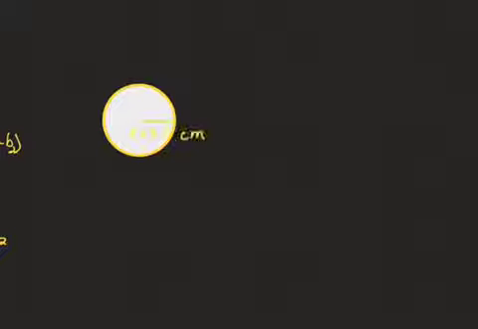Let's move on to one last shape. Let's take a look at a circle. And to use slightly different numbers, to make it a little more interesting, let's make it have a radius, which is what R stands for, of 5.3 centimeters. And so R stands for radius of 5.3 centimeters. The area of a circle